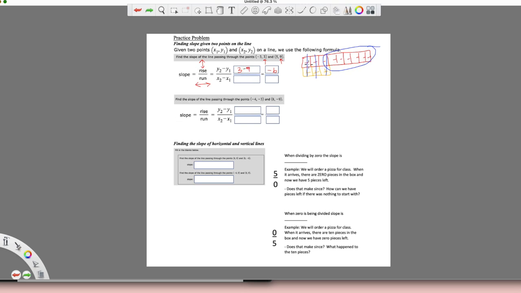There's 9 negatives, there's only 3 positives. I have more negatives. Okay? All right. So my next one, I'm going to look at the x